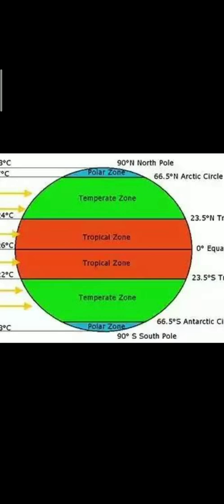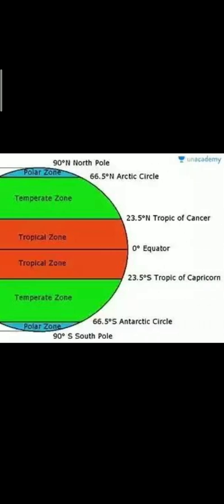The equator, then see over here, the equator, then if you go towards the north, Tropic of Cancer, if you go further towards the north, Arctic Circle, and further up, that is the North Pole. These are all the main latitudes, parallels of latitudes. Now if you come from equator towards the south, you will see Tropic of Capricorn, you will see Antarctic Circle, and what you will see last is South Pole. Yeah, so these are all the important 7 latitudes.